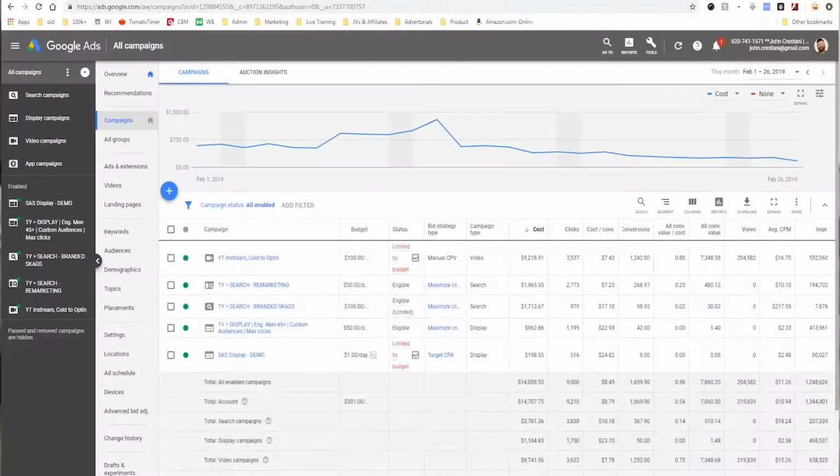So let's go over to Google, and here we are in Google Ads. If you haven't signed up for it, you just search Google Ads. I'm assuming you're familiar with Google Ads. It used to be called AdWords, but since I think they do video and all this other stuff now, they changed it. And how we would set up a campaign is, the first step is we would go over to this campaign section right here,